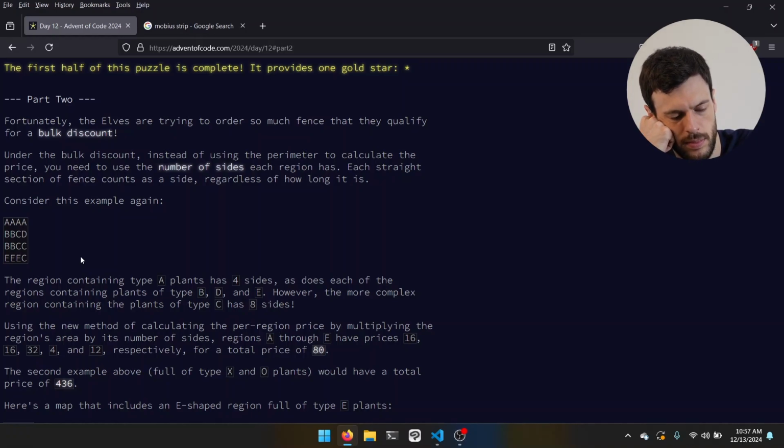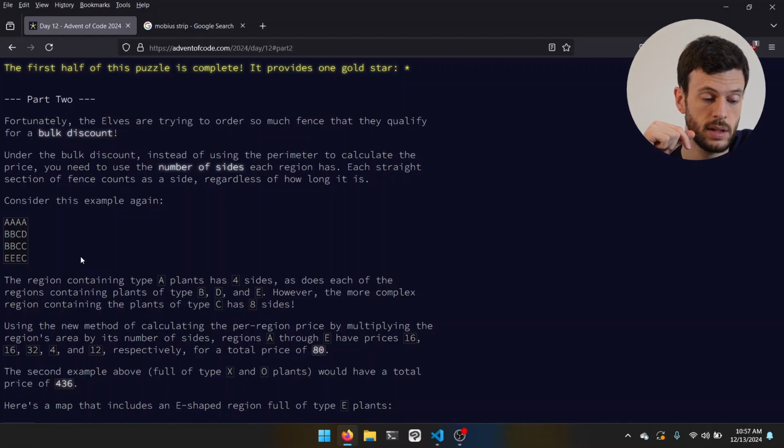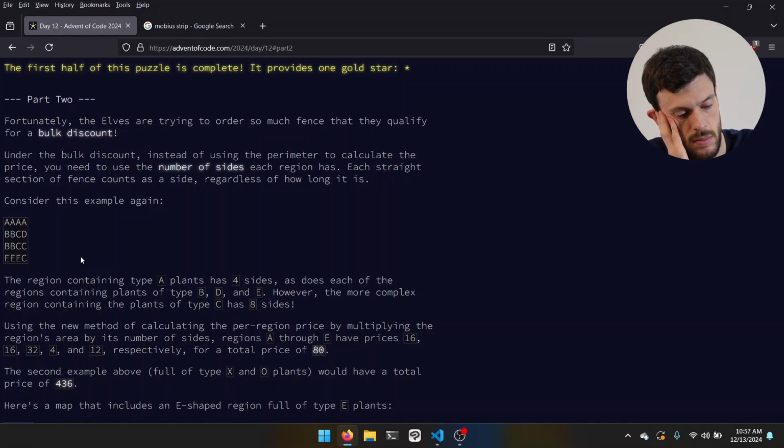I'm struggling to think of a neat mathematical way. I mean, multiply the number by 4 and then remove 1 every time you find a neighbor is very neat, but it doesn't work in this case. I wonder if it's possible to go around the outside. That doesn't give me the internal number,